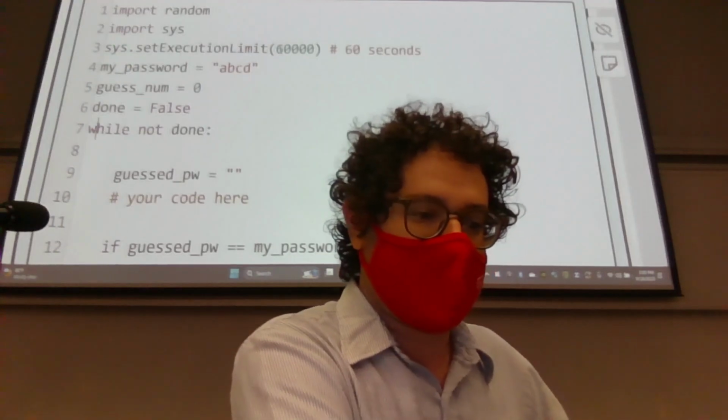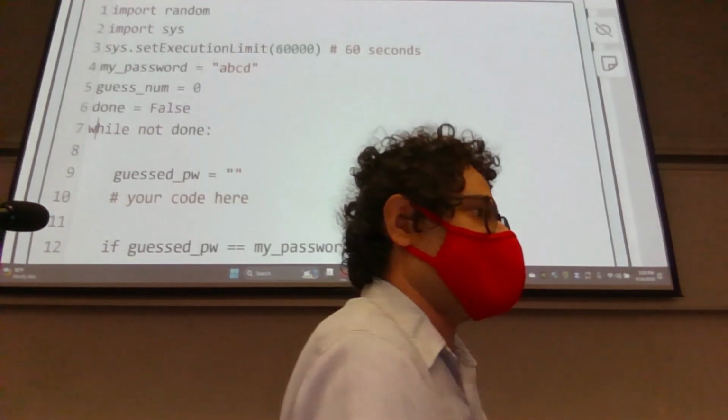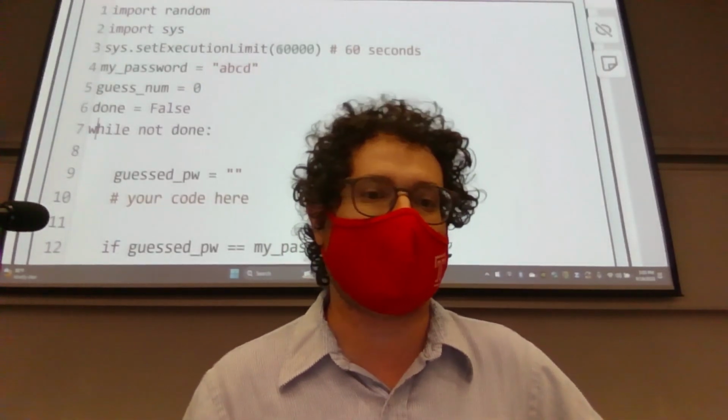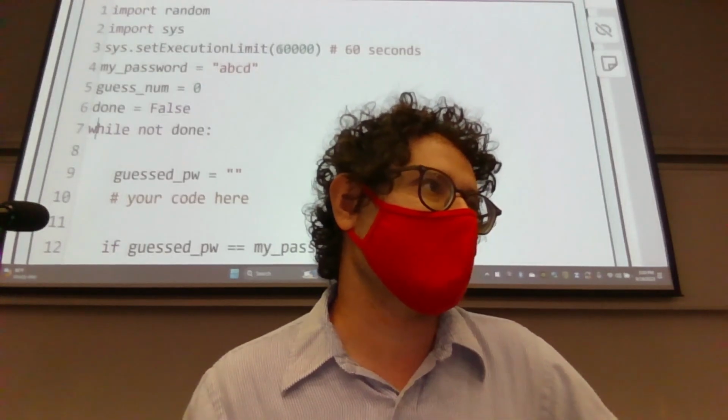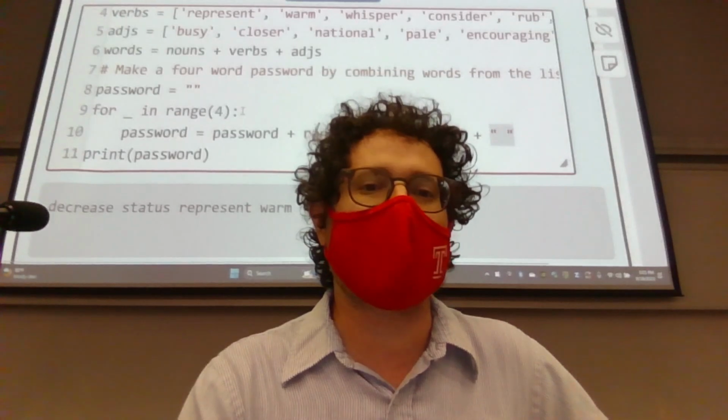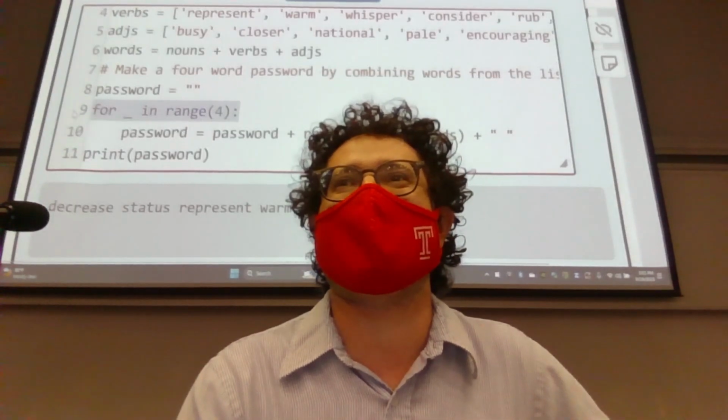For loops are what we call determinate loops. We like to use for loops whenever we have a very good idea of how long it's going to run. Like when we say over here, for i in range 4, that's determinate. We know exactly how long it's going to run. Here, though, we're working with a while loop based off of randomization.